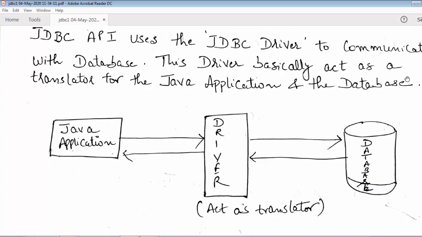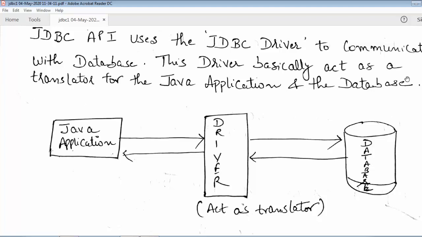In this figure, there is a Java application. If this application program wants to query the database for some information, then this query will be handled by the database with the help of this driver that acts as a translator.